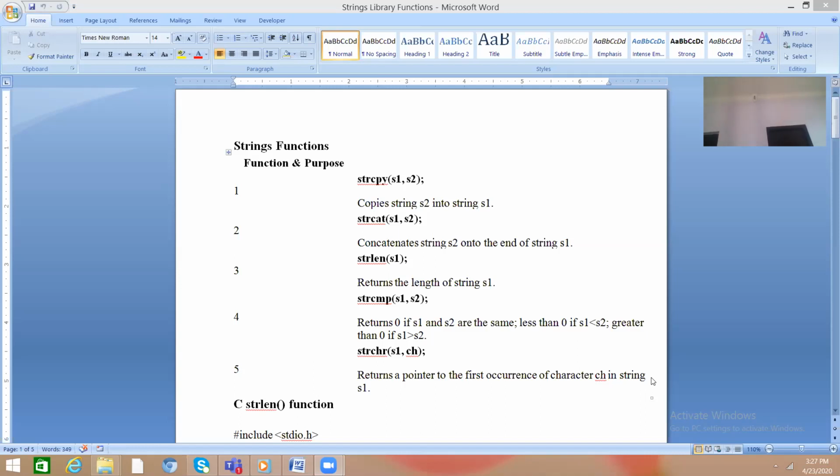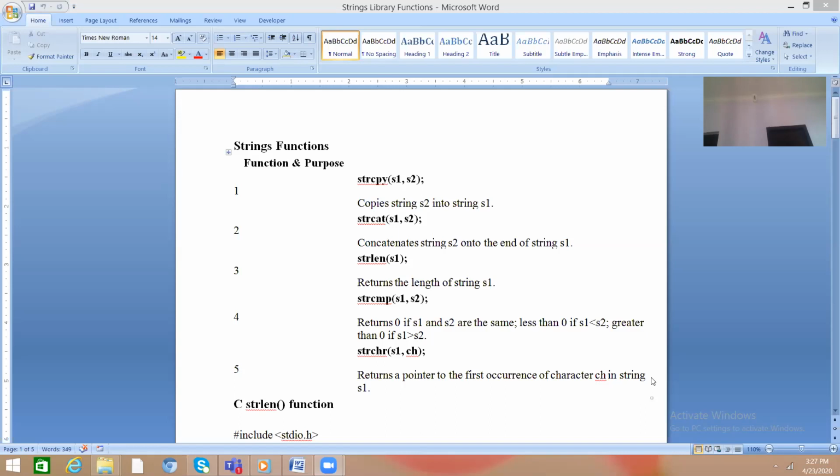So in both of these cases the return will not be 0. It will be 0 only when S1 and S2 are equal. Then strchr returns a pointer to the first occurrence of character ch in string s1.